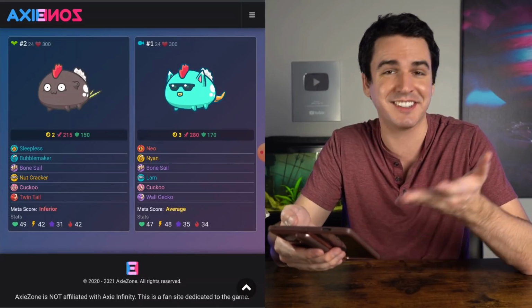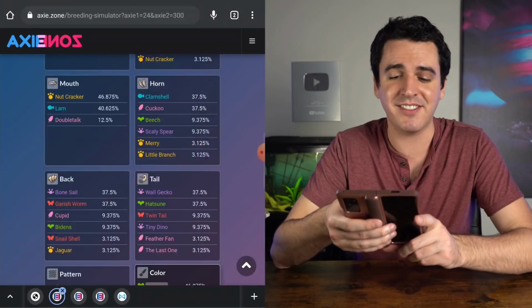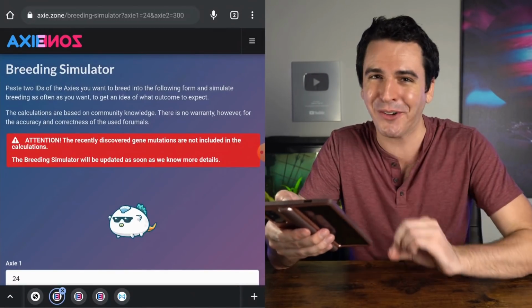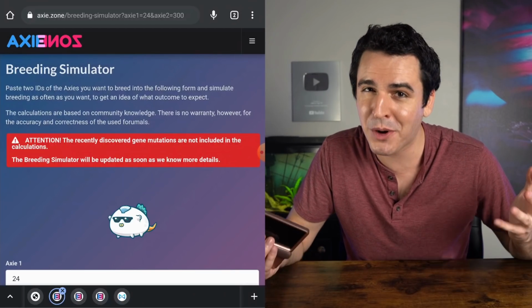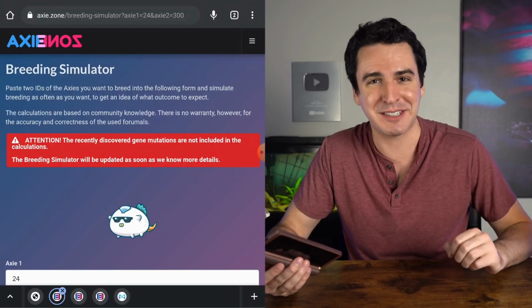And then I rolled it twice. Here's a second possible baby that I could have. And this is a really cool tool, maybe one of my favorite tools for seeing what your breeds might turn out to be. Now let's talk about the third thing I wish I knew before I started breeding Axies in